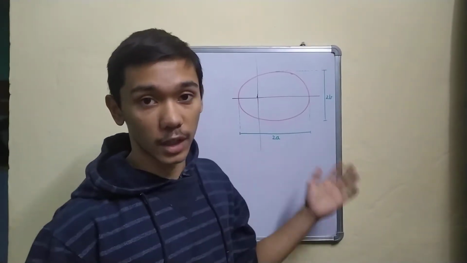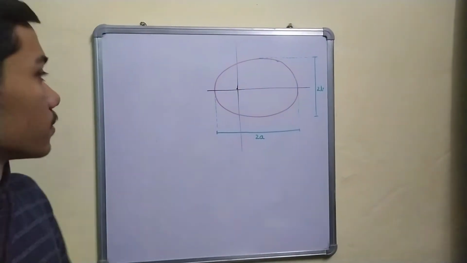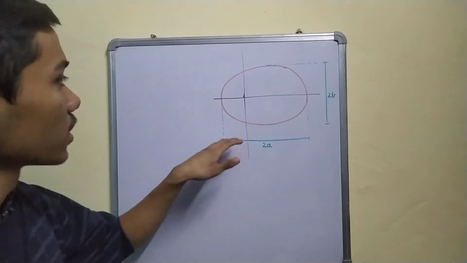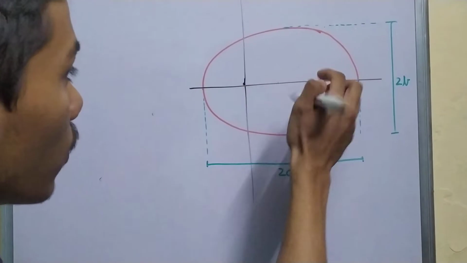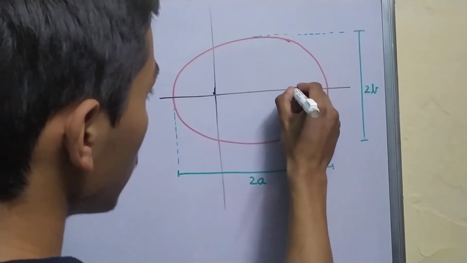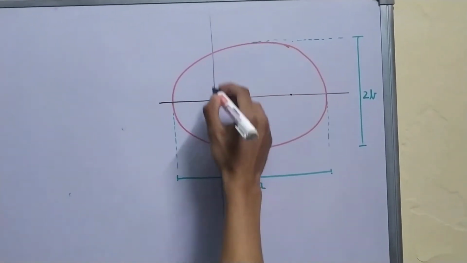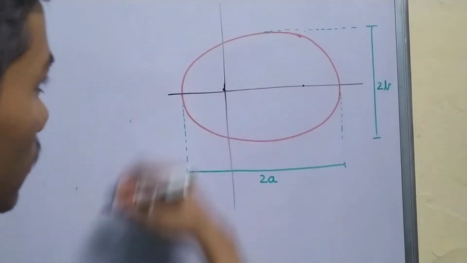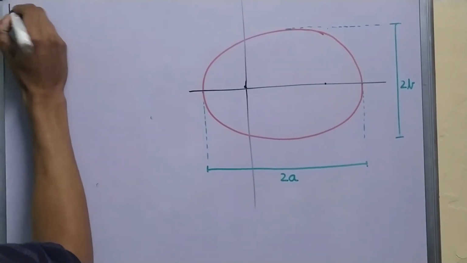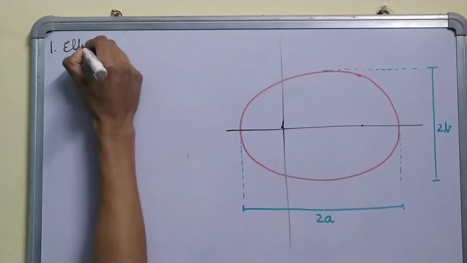Everyone, in this video we'll prove the inverse square relation for gravitation using the general case of an ellipse using Kepler's laws. Kepler's first law states that the planets revolve around the stars in an ellipse with stars at their foci. So if you have an ellipse, you have two foci. Let's say the sun is at this one and the earth moves around in this path. So the first law gives us that the path is an ellipse.